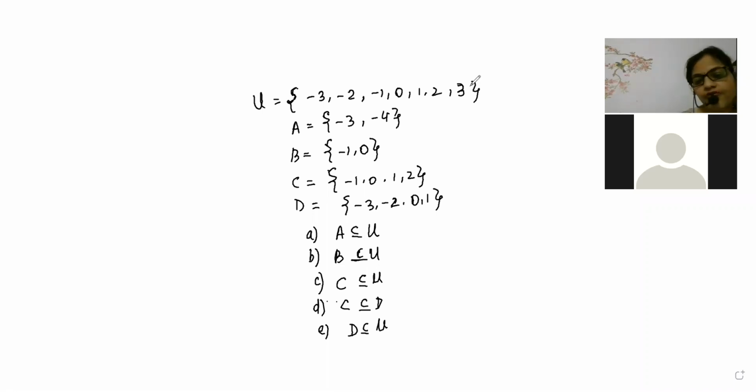Now look here. So first, A. Can you tell me, is A a subset of B? A is a subset of B means A contains the elements of B. A contains the elements of B. Is it true? Are you going to trust that A contains the elements of B, beta?